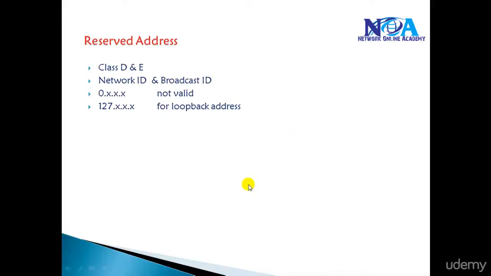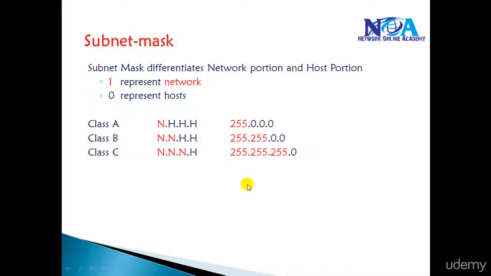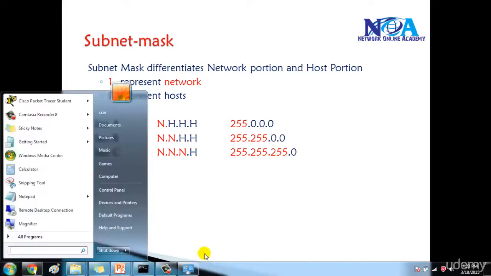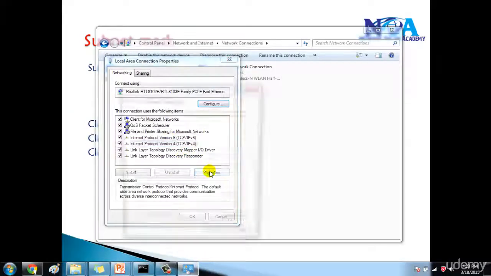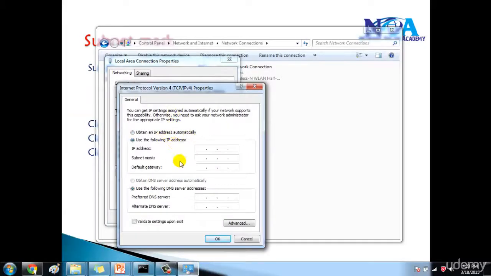Apart from that, there are some other addresses which are reserved. Let me give some more examples on subnet mask before we go ahead. If I try to assign some address here, let's say 210.1.1.1, and I press the tab button, automatically it is going to take the subnet mask, because the Microsoft operating system is programmed in such a way that it will identify the class, and then the class has 3 network portions and 1 host portion, and it will take the default subnet mask.